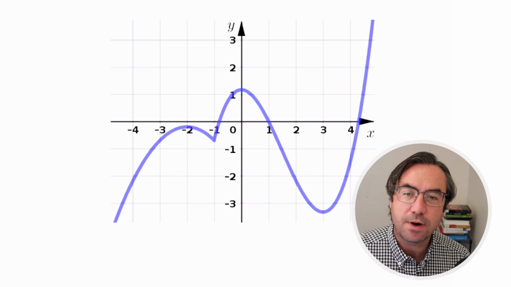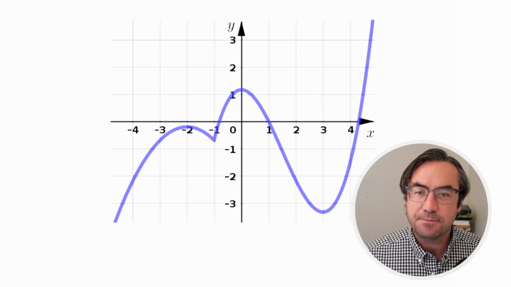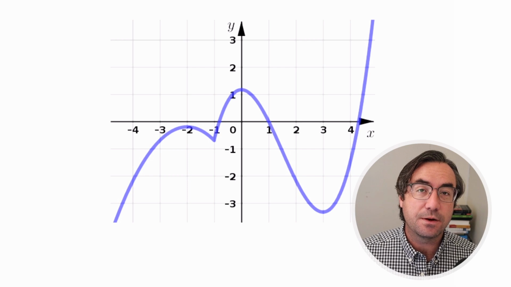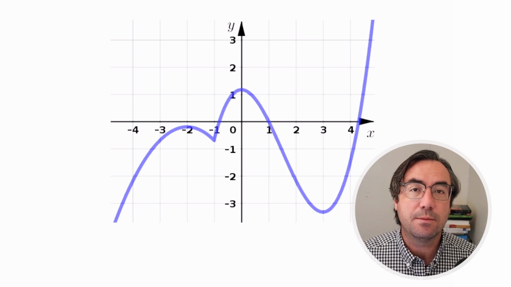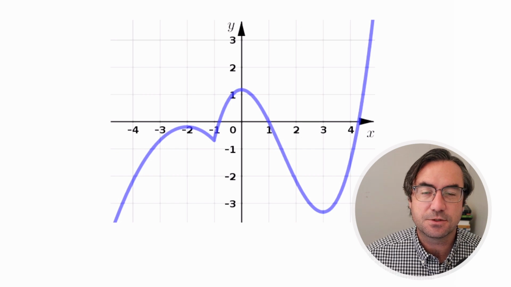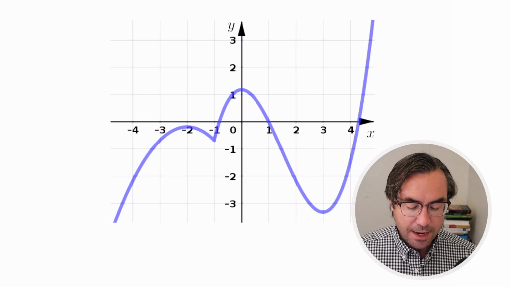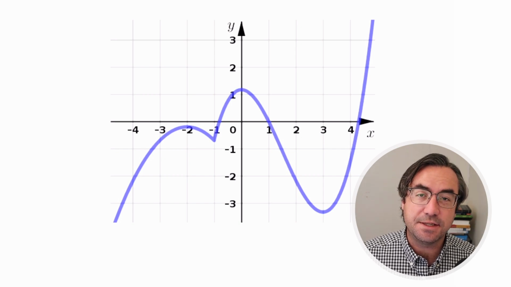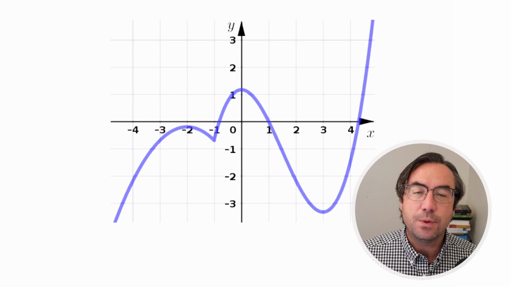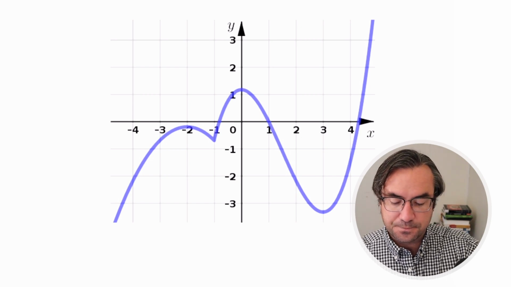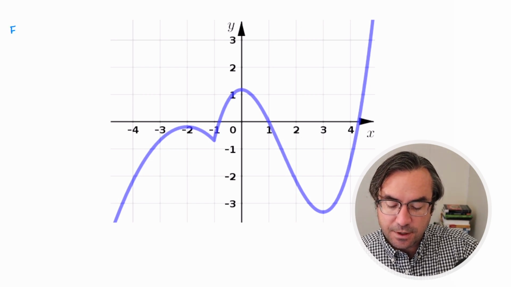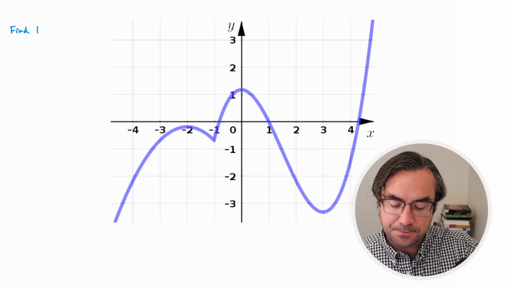When we look at a graph, I think it's a little easier to start by finding where the local maximums and the local minimums occur. Your eye's kind of drawn to those places. We're going to categorize these in two ways. So we're going to find the x values